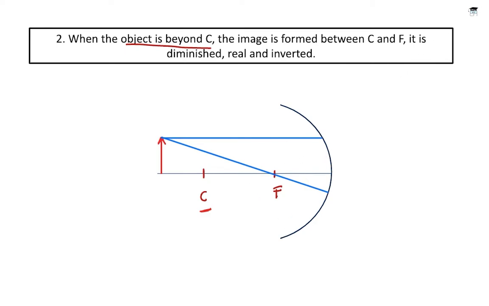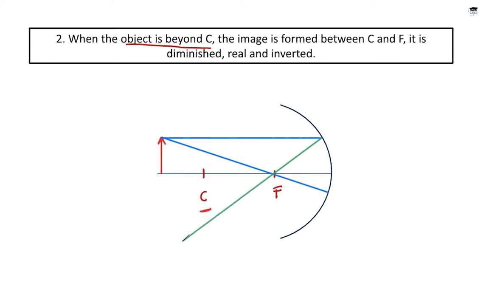So next what I am going to do is draw the reflected rays. These were the incident rays. I chose two rays. Now I am going to draw the reflected rays, so let's do that with a different color. The ray which was parallel to the principal axis, after reflection what will it do? It will pass through the focus. That is what we studied.